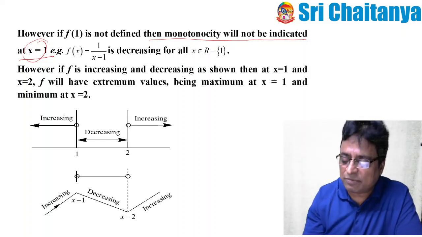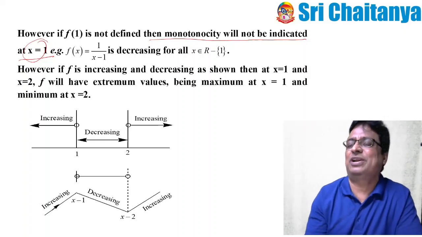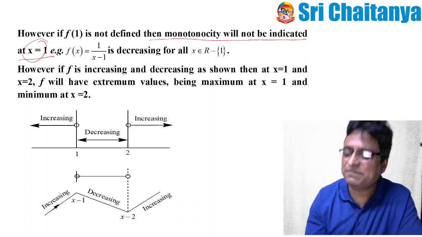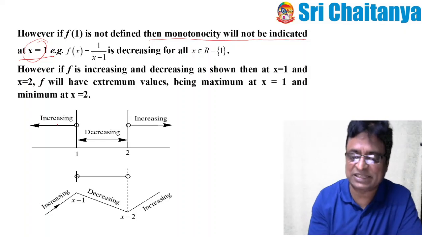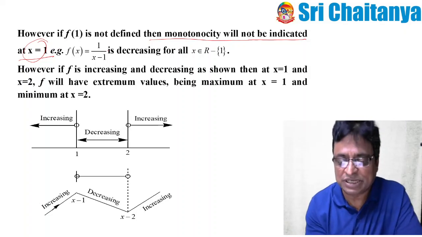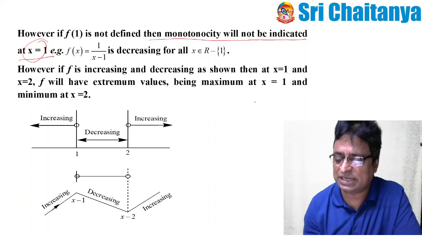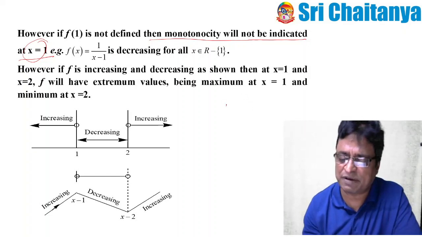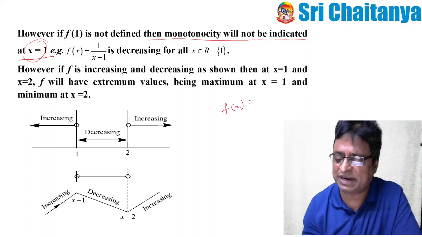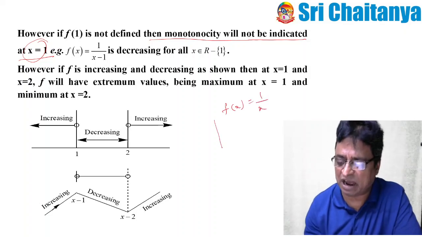Whenever it is not monotonic, I can say that it is a non-monotonic function. What happens for a non-monotonic function? With the help of this example, you will get the idea. Suppose f of x is equal to 1 by x minus 1. Suppose f of x is equal to 1 by x. This is a better example, and it is an easy way also to draw the diagram.